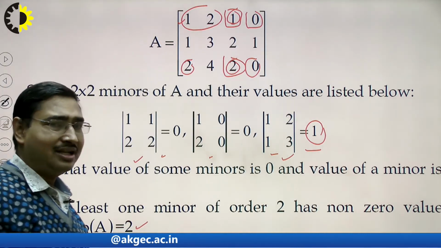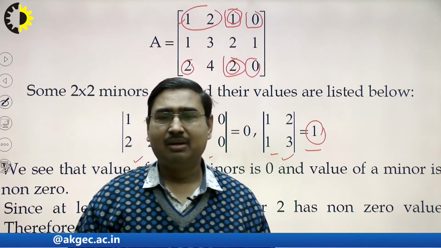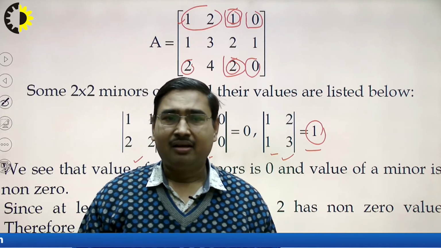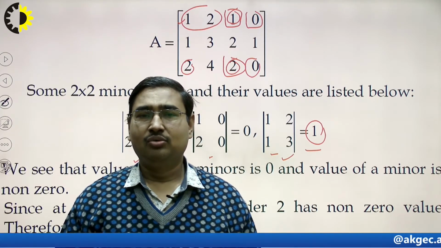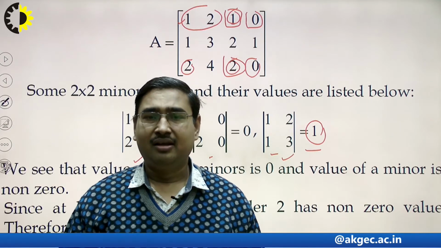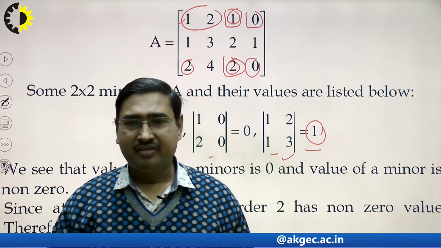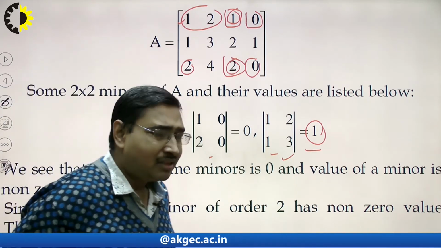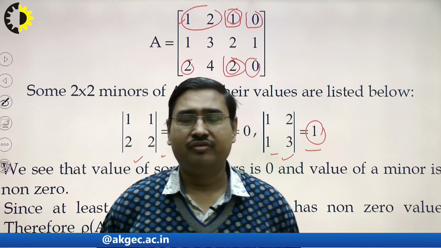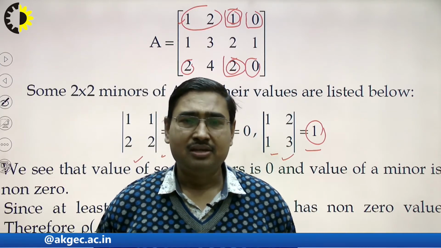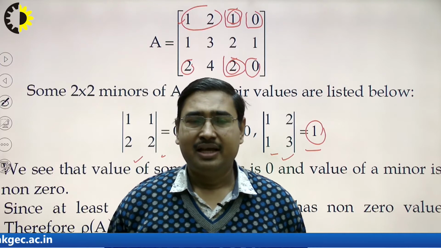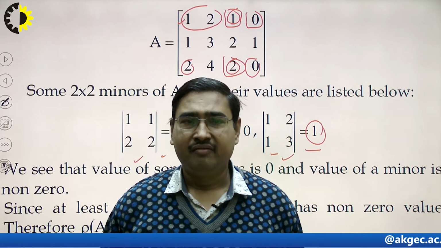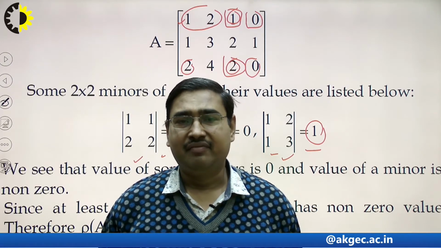Thus, this definition tells us to calculate all possible minors of the matrix starting from the largest order. The minor where we get a non-zero value will be considered to find the rank. The order of that minor will be the rank of the matrix. The method of minors discussed so far to find the rank of a matrix is not a very convenient method, because as the size of the matrix increases, the computational work associated with this method increases significantly.